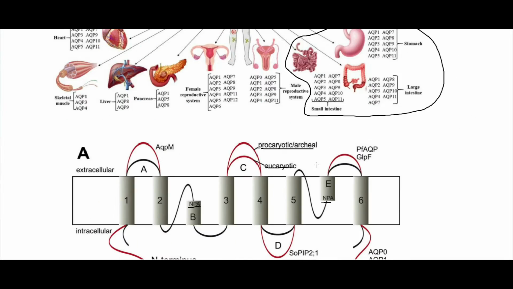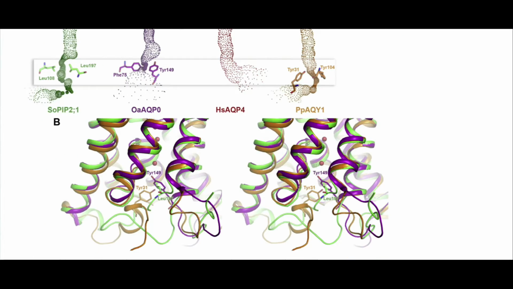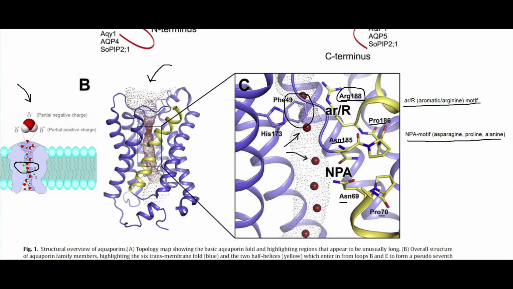And in fact, I don't think I have that on here, but these pores actually form a homotetramer, and there's actually a pore, so the pore that water goes through is inside this channel in the protein, but there's actually a pore that shows up between the 4 different monomers, and that's sort of proposed to be where those different gases like carbon dioxide and oxygens and things like that can go